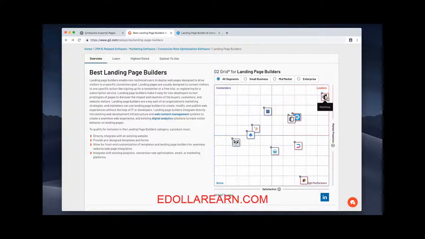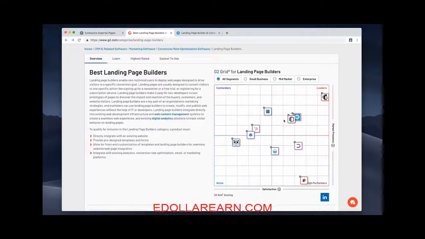Now, I wouldn't really consider MailChimp to be a better landing page builder because MailChimp is primarily an email marketing tool, although as of recent, they're trying to do a lot more than that. But if you look at these, just isolating the tools that are primarily landing page builders, you have Unbounce, you have Instapage, you have Landingy, you have Landing Lion down here, you have Wishpond, Lead Pages, and then again, HubSpot, I wouldn't consider a dedicated landing page builder because they're trying to do a lot more,